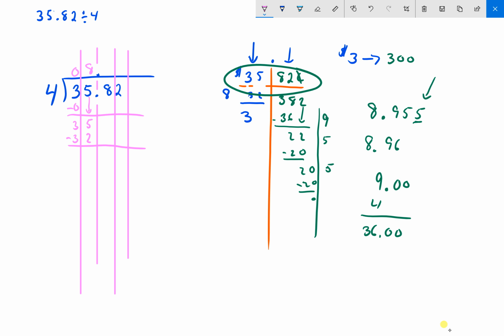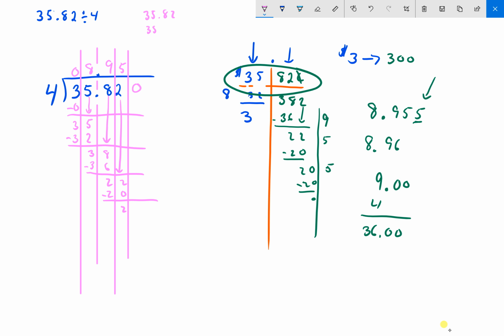I'm going to subtract. I get 35 minus 32 is 3. I'm going to bring down my 8. I get 38. 4 goes into 38 9 times. That's 36. I subtract. I bring down my 2. 4 goes into 22 5 times. 5 times 4 is 20. I get 2. Now, I can put a 0 here if I so choose, because 35.82